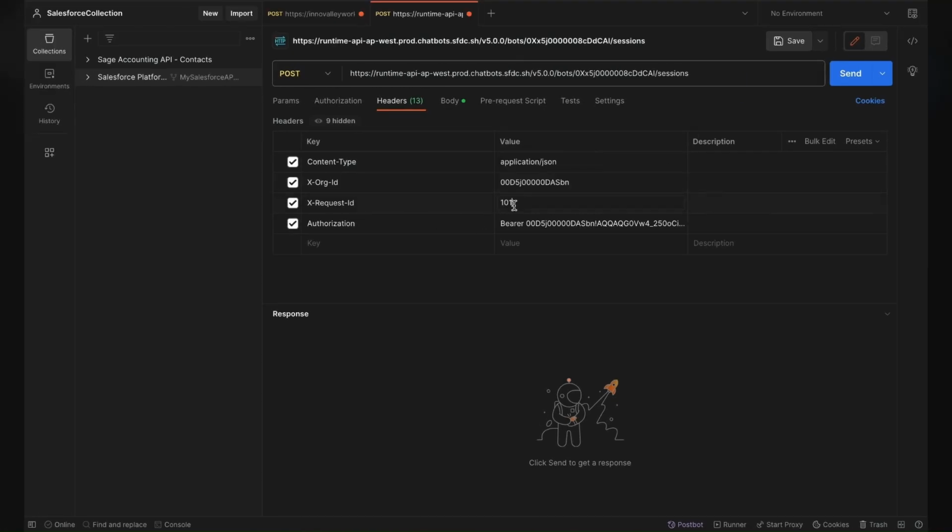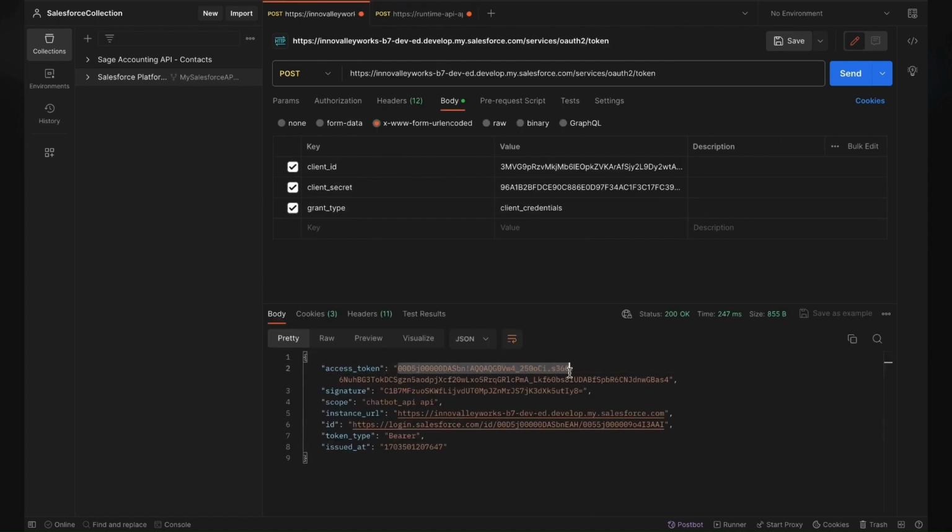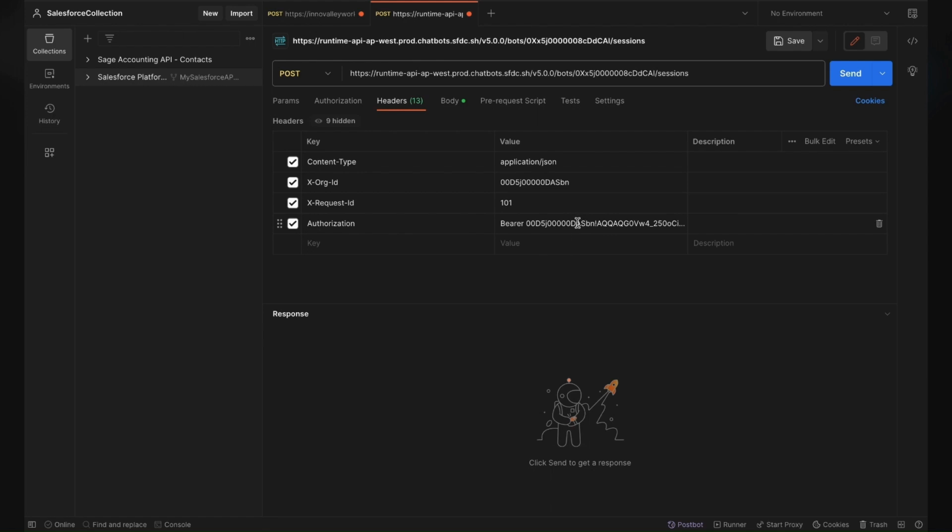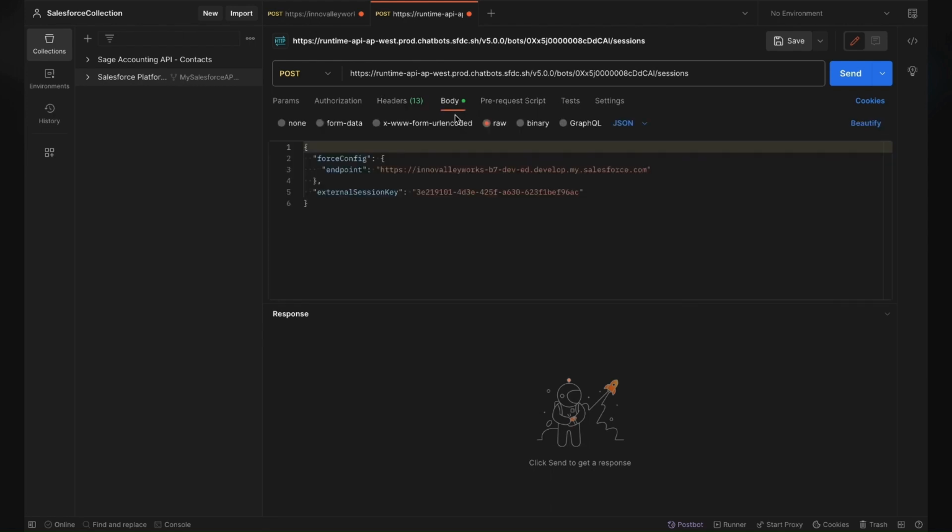And request ID, this is a mandatory field, but we can give any value, we can set the value however we want. There's no specific format in which it needs to be done. And then in the authorization, we'll just paste the access token. And then in the body,